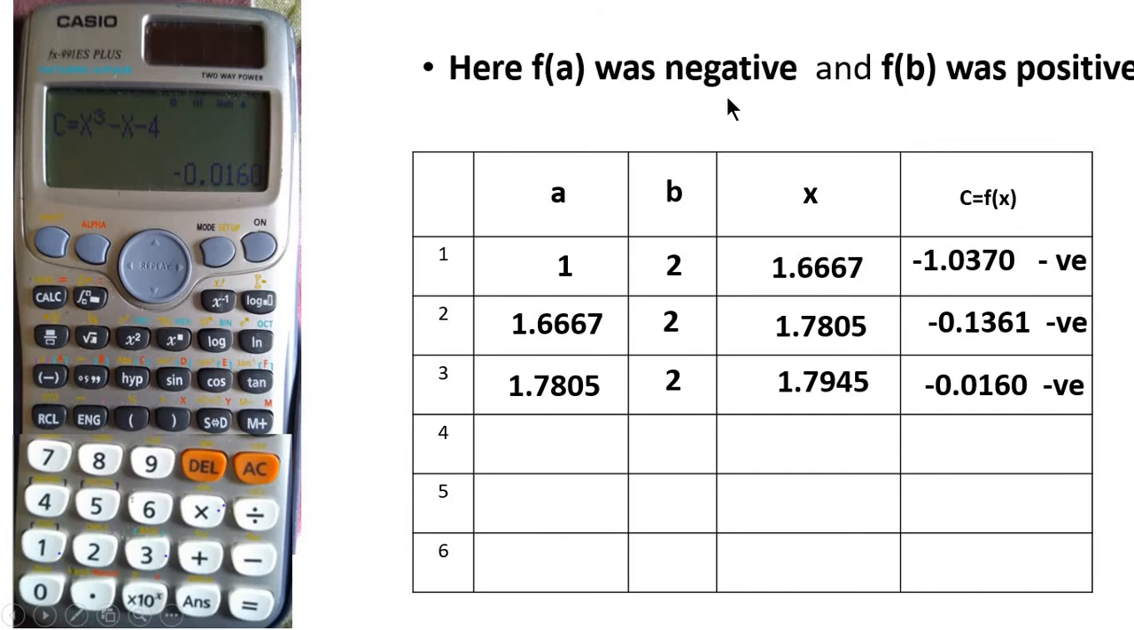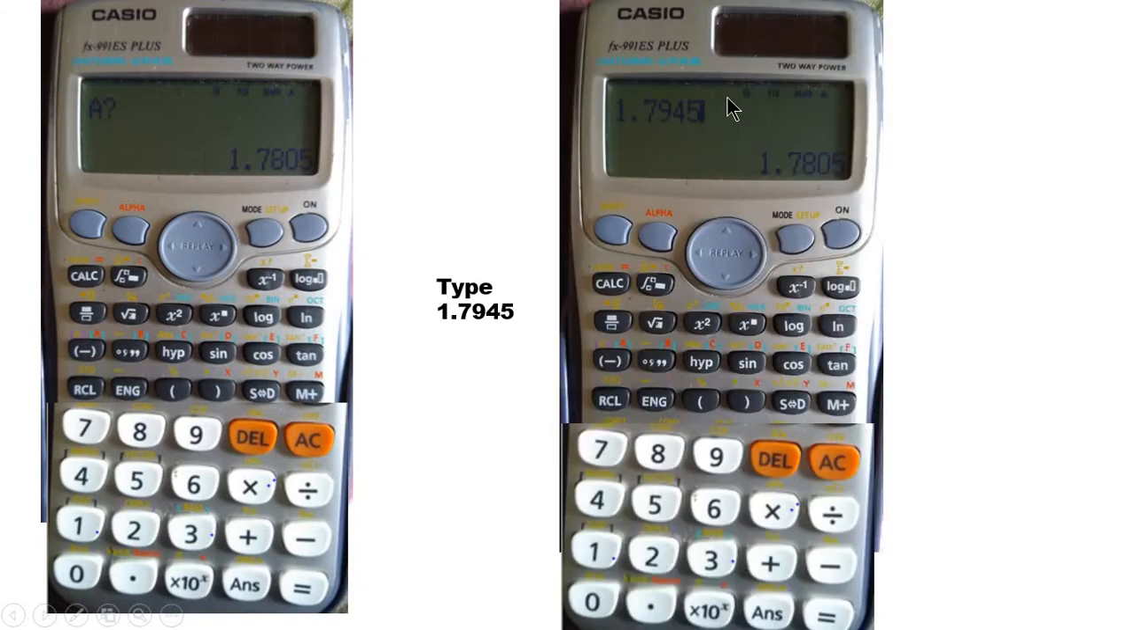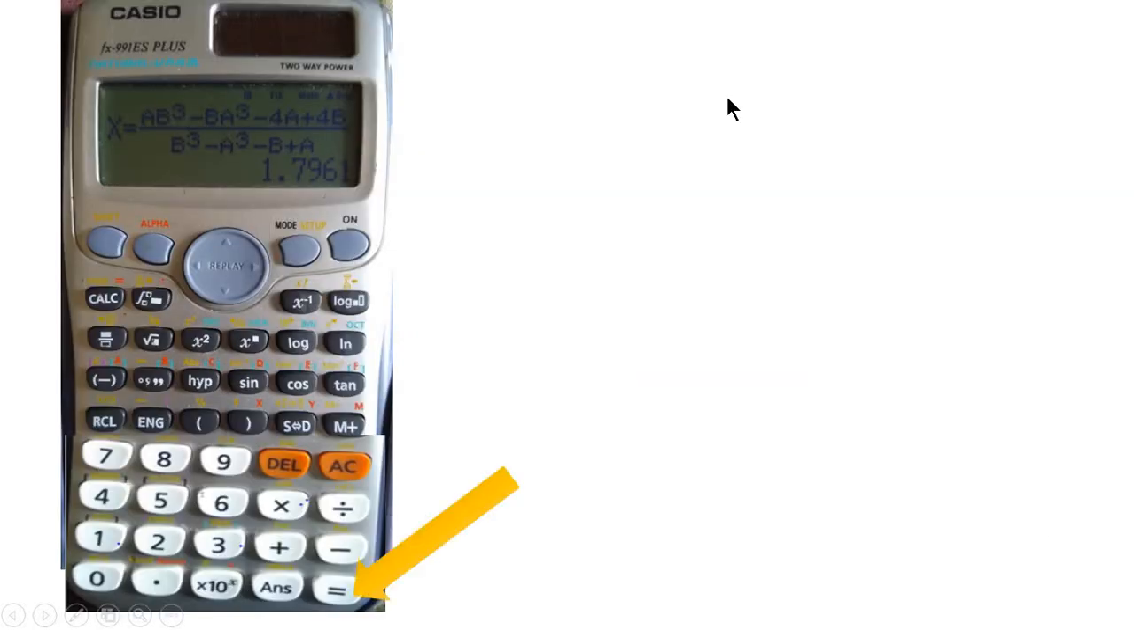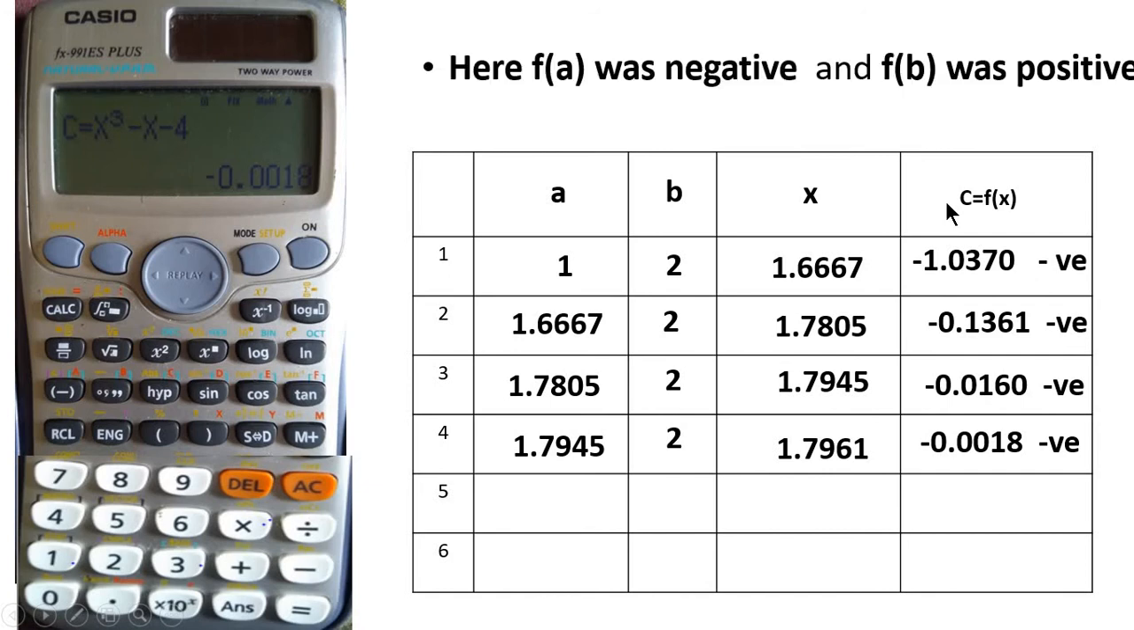F of a being negative, you have to replace a by x, b as it is, press equal to, type the new values of a, equal to, type the new value of b, equal to, it will give you x. Write in your table, press equal to, it will give you c. So write the values. Again c is negative, replace a by x, b by 2, and then press equal to,